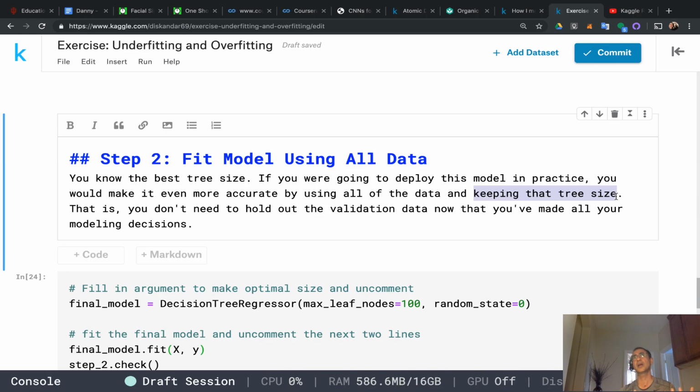Because remember, as a rule of thumb in machine learning, the more historical data you have, for example, instead of 1 year you have 10 years, or instead of 10 years you have 100 years, the higher the probability that your model is going to be accurate,